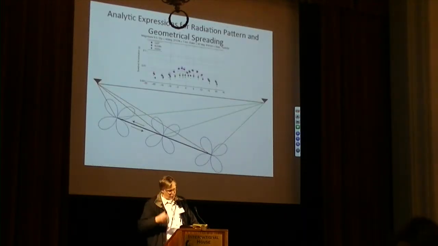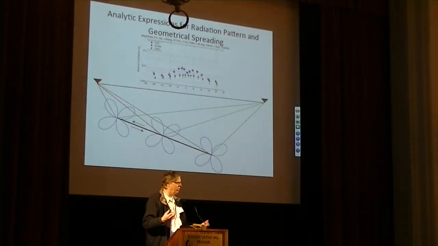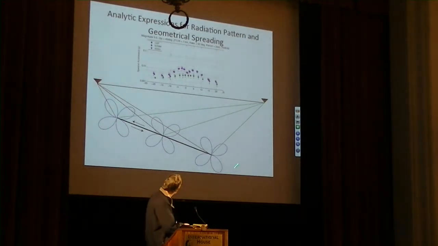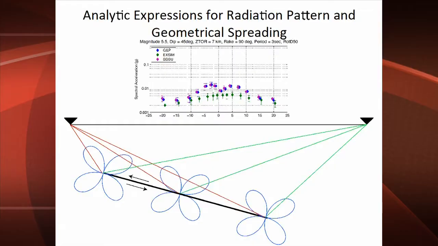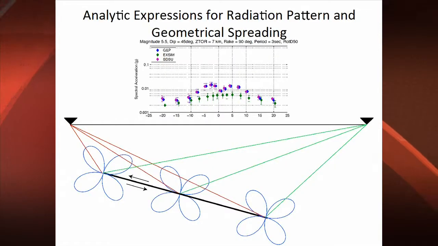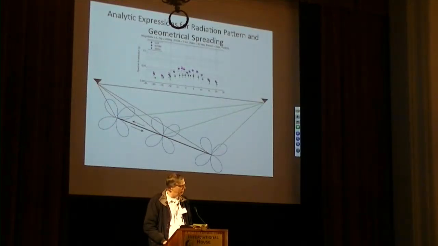So Doug Drager also went through and looked at some analytical explanations that we were thinking about: do radiation patterns start to play an effect, as well as geometrical spreading? Previously, we thought of hanging wall effect as mainly a geometrical effect. When you're on the hanging wall, you have more of the rupture close to you than when you're on the footwall side at the same rupture distance away. So the point of all this is they're analytical models that you can look at to explain why the hanging wall effect should still be seen